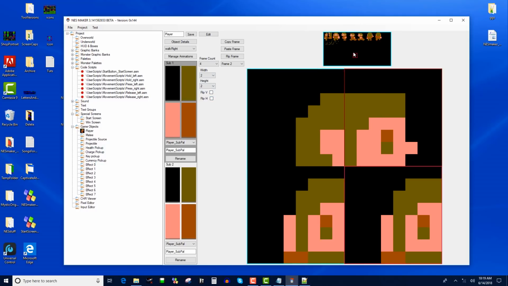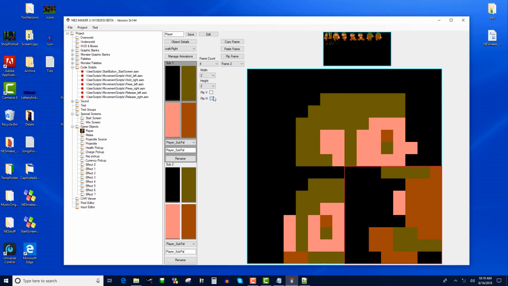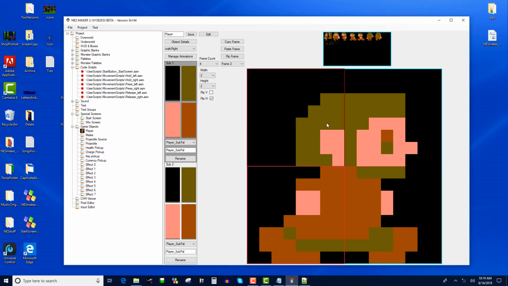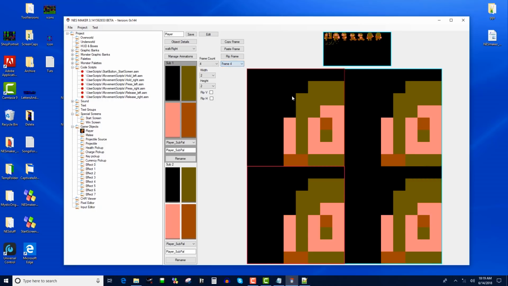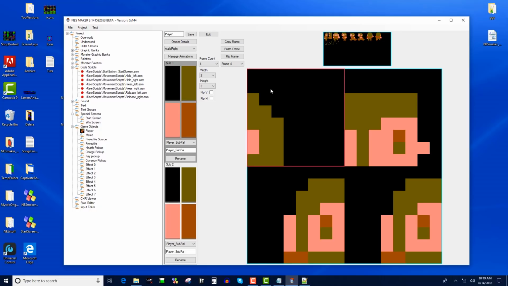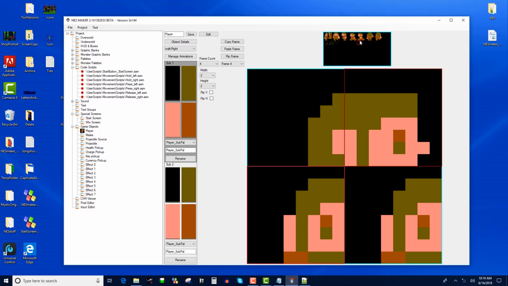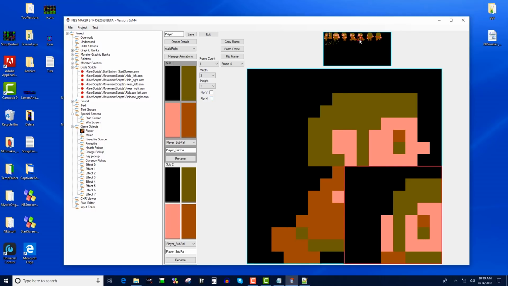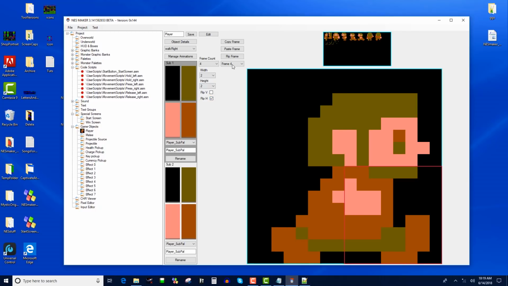flip it, flip it, and flip it. And I could use this for frame 4 too, but instead I'll use this. So it's slightly different. It'll make it look like his legs are kind of moving back and forth. So it kind of looks like, you know. So now